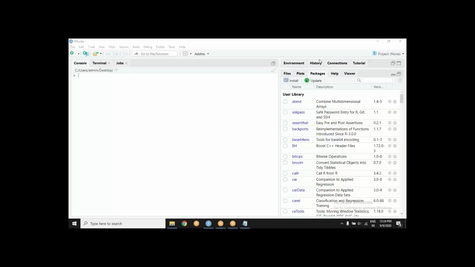What our packages are: with base functions, when R was built, R was particularly built for statistical analysis. So there were several functions which were built in R. Then along with time, it was realized that there should be some more utility.